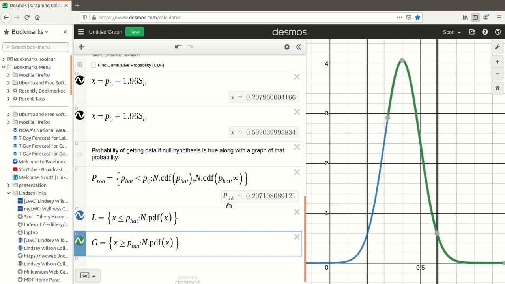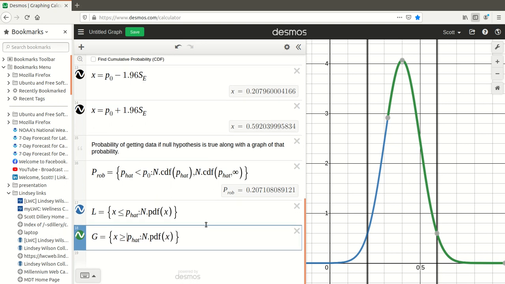Okay, well, I'm trying to make a nice shaded picture, and so I needed this. But actually, I don't want both of those. I only really want the one that fits what's happening. And in this case, it's when p hat happens to be less than p0. And so this is the less than p0 one. And so I want it to fit that. So I need to add